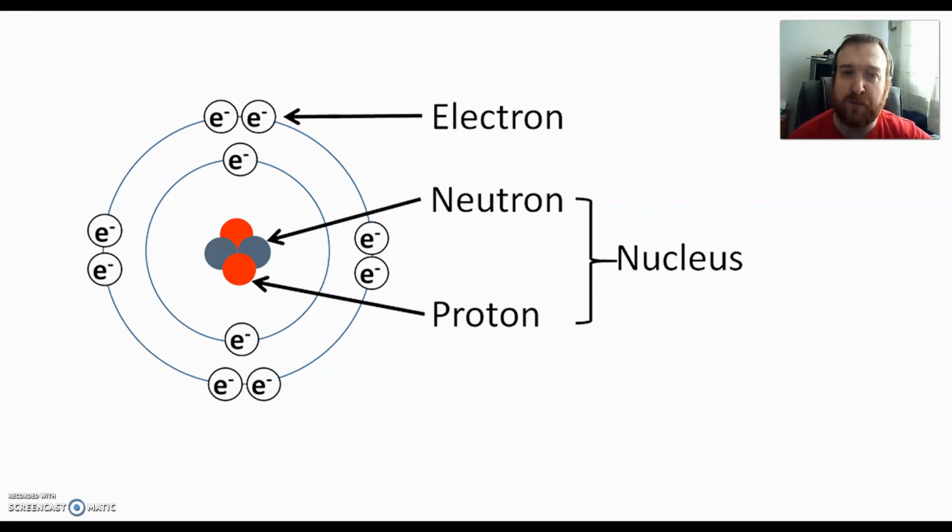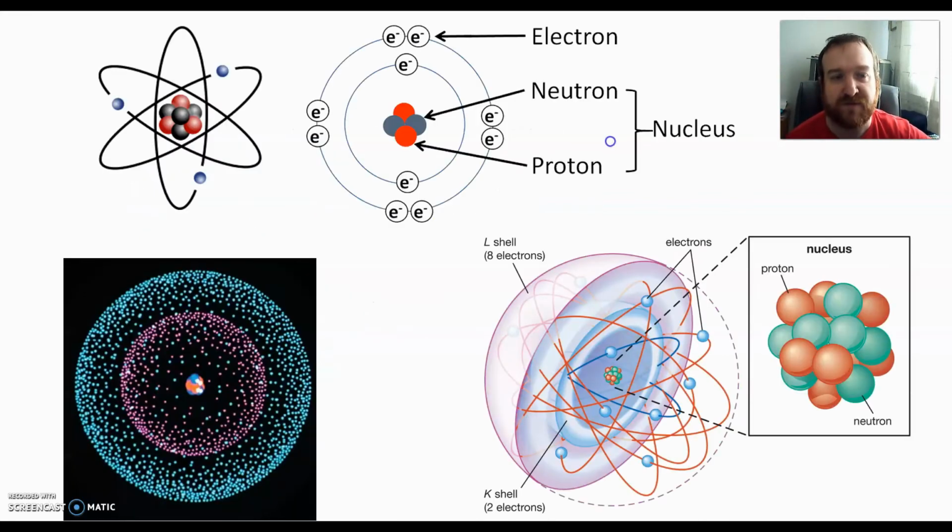Okay, but you might have drawn something different. You might have drawn something like this, where we've kind of tried to draw the electrons going in 3D. If you're really clever, and you've already done your GCSE and your A-levels, you might have drawn something that looks like this, much more complicated, or like this. Okay, these are all different models